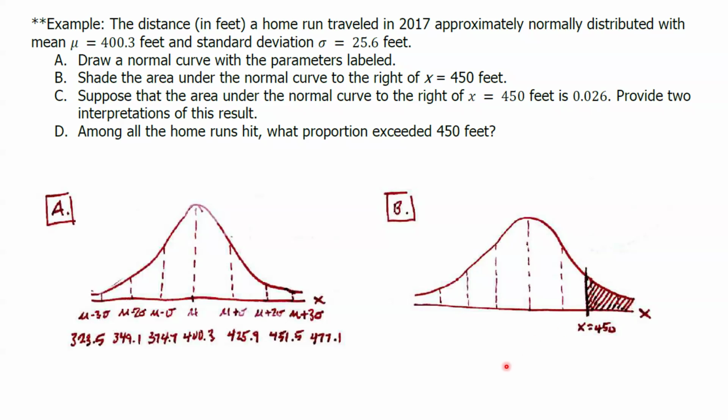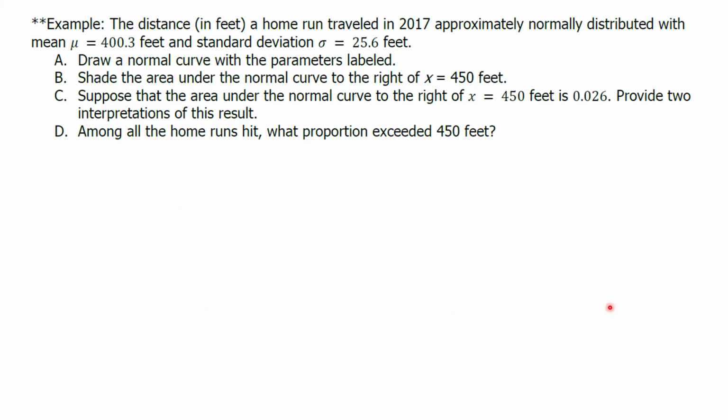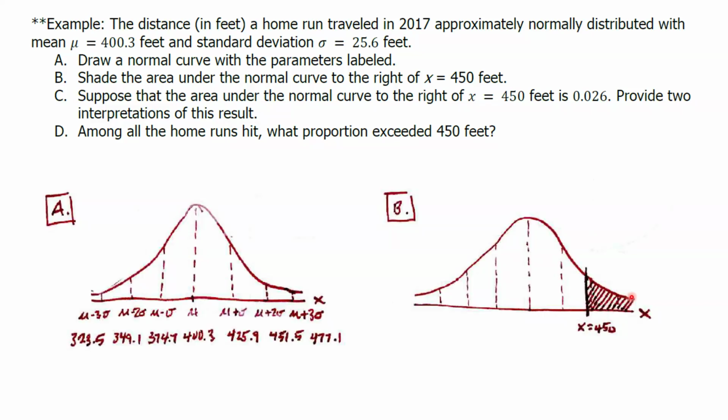So C is saying, suppose now that the area under the normal curve to the right of x equals 450 is 0.026. So this shaded area has a total area of 0.026. We need to now provide 2 interpretations of this result. So this is telling us that the probability, let me go back to my visual, the probability of x greater than 450 is going to be